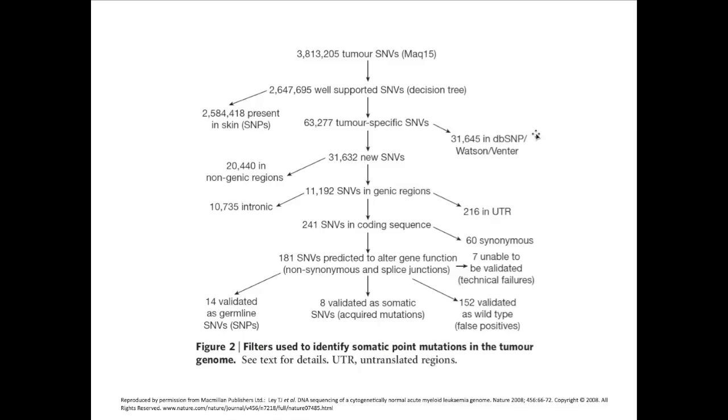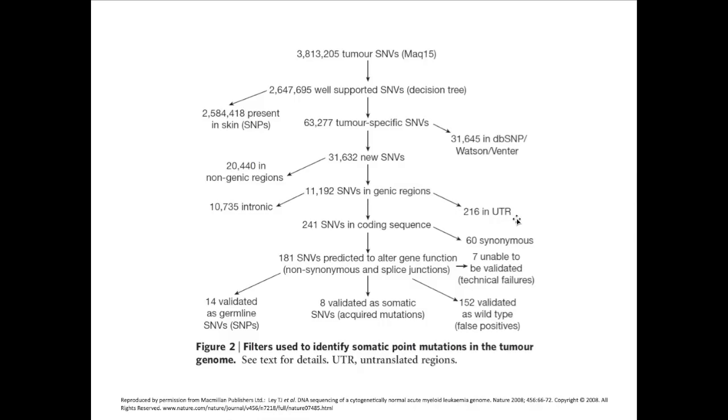Of those, about half were also found in dbSNP, which is a database of single nucleotide polymorphisms called out of the various sequencing projects that have gone on since the Human Genome Project, and also in the single genomes of Watson and Venter that have been done in the meantime. Of those 30,000 remaining new single nucleotide variants, they chose not to further examine 20,000 or so because they were outside of gene regions where you could readily interpret what they might be doing. Of the 11,000 that were in genic regions,